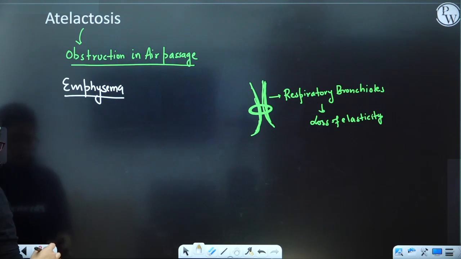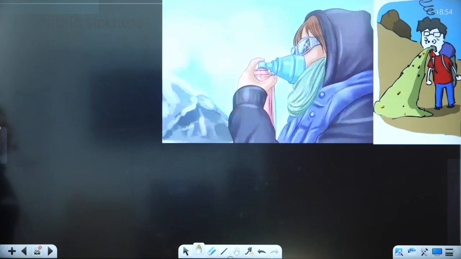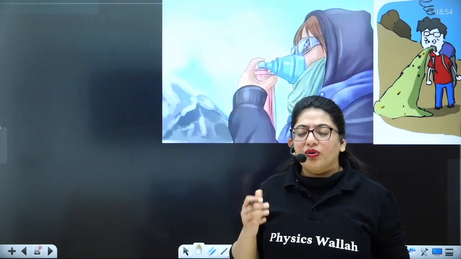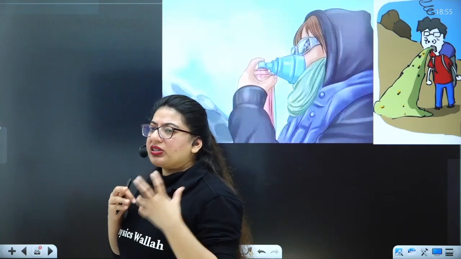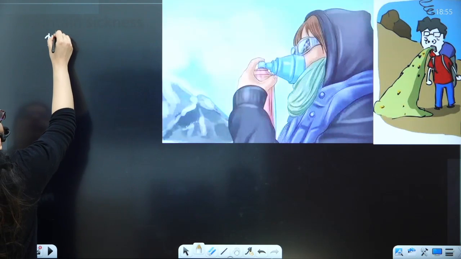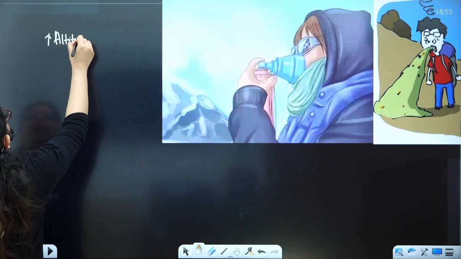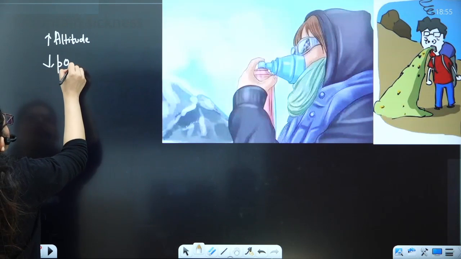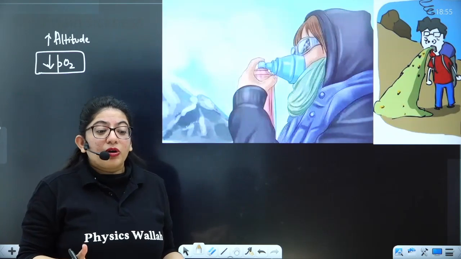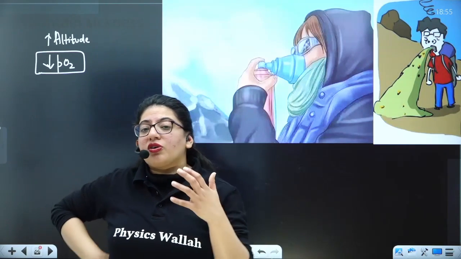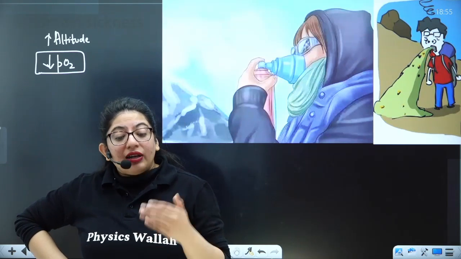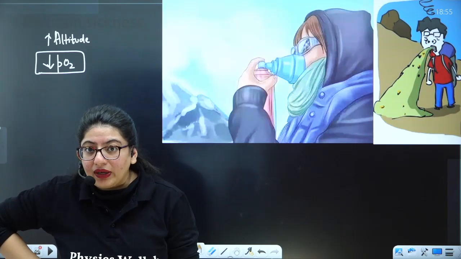Fine. Okay. Moving further to the next, that is mountain sickness. Most people who have ever visited Ladakh, or any very high altitude region, must have suffered from dizziness or vomiting or something like that. In mountain sickness, at high altitude, there is less partial pressure of oxygen. If there is less partial pressure of oxygen outside, how is it going to enter inside? Because in atmospheric air, the partial pressure of oxygen is 159 and inside around 104 in the alveoli. If it falls below 104, is it going to enter your lungs?